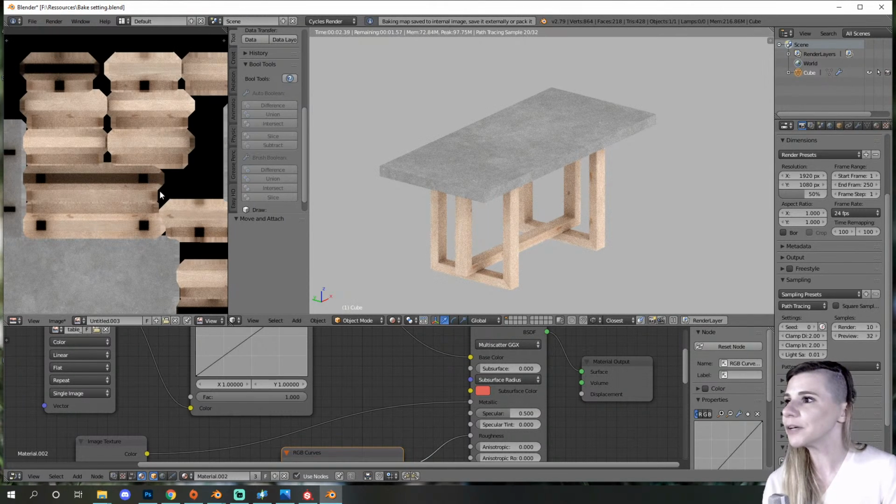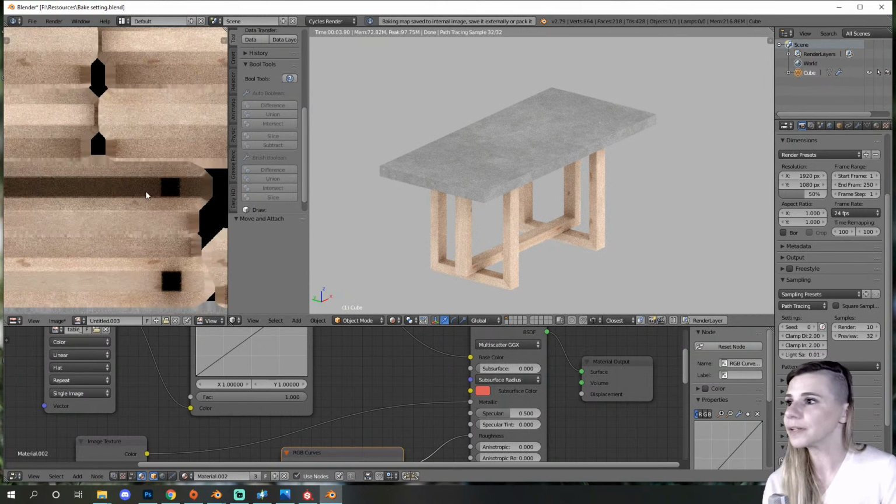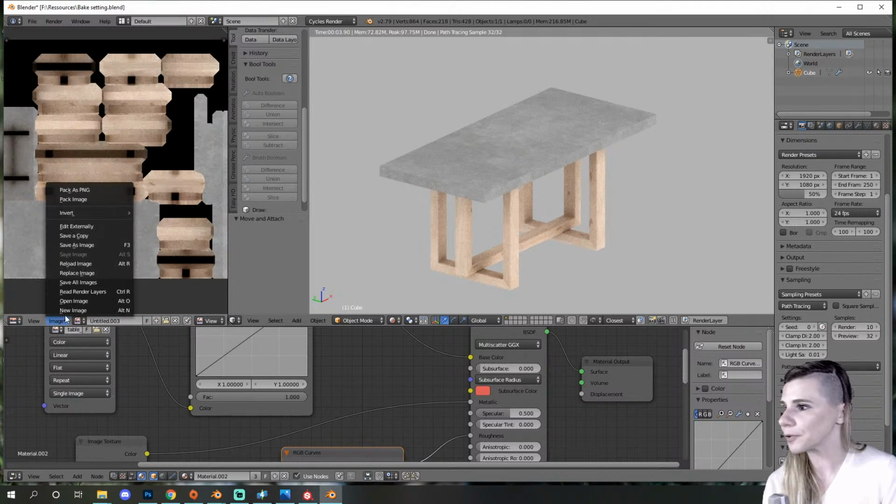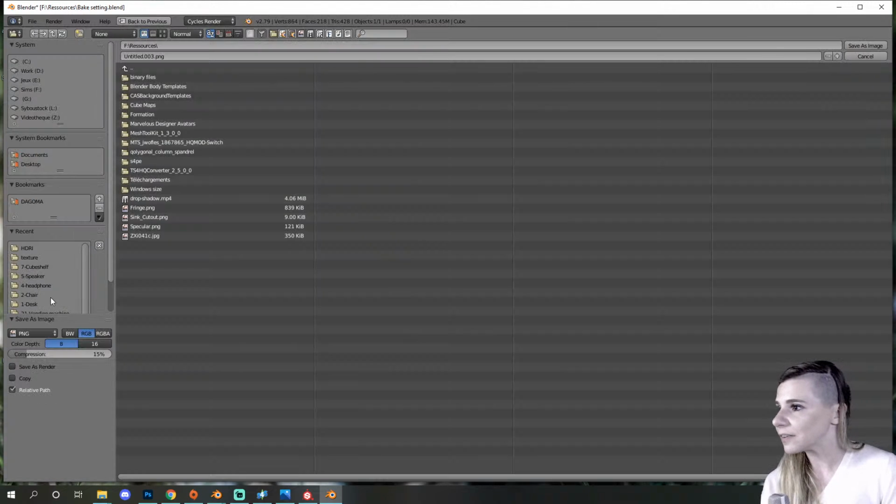So you can see, because it's a low resolution, there is a lot of noise. If I bake at 600, there won't be any noise. But for now, I'm gonna use this for the purpose of this live stream, and I'm gonna bake better resolution later. So I'm gonna save this image